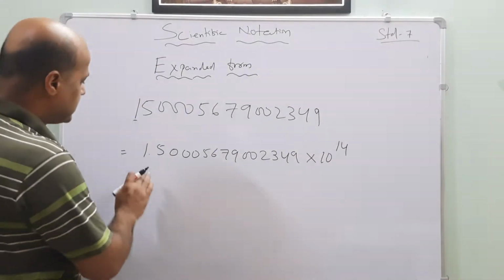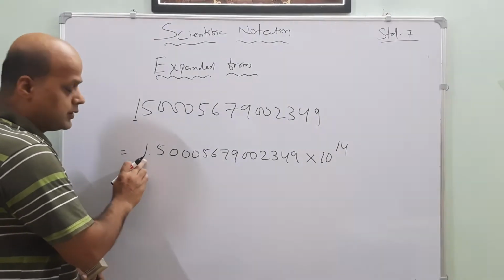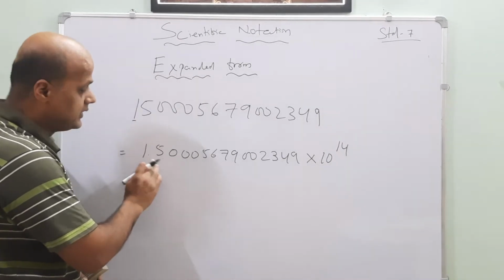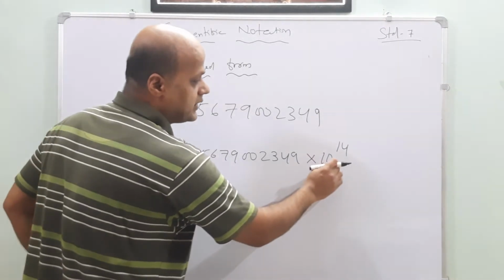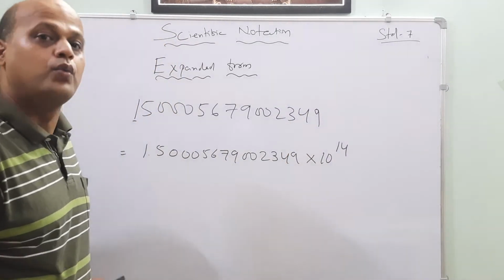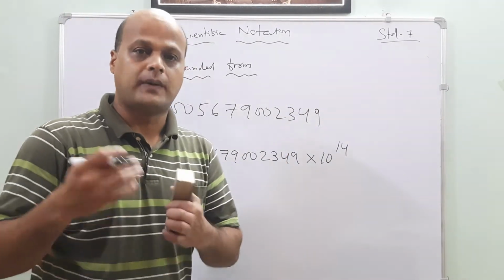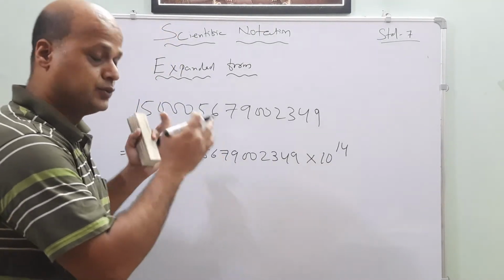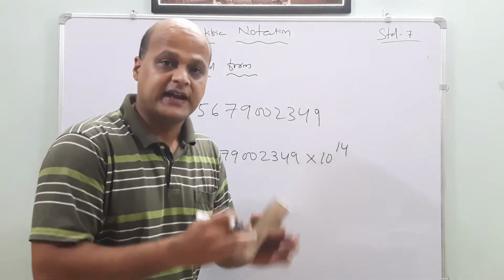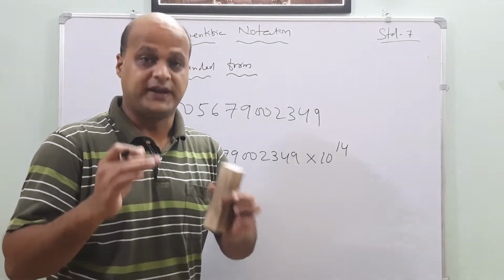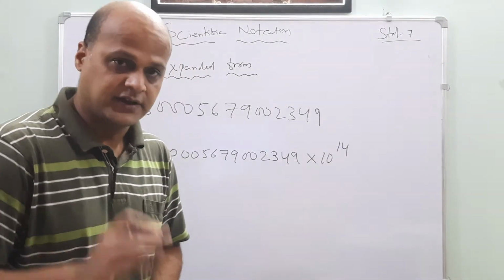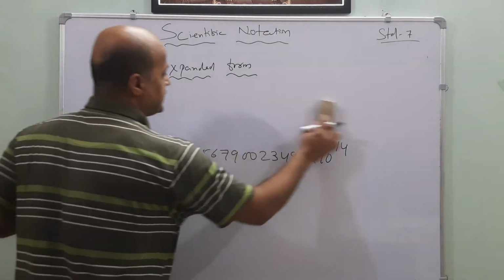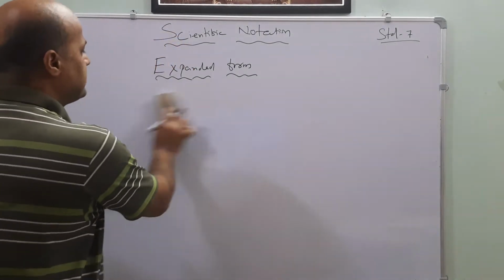The only simple thing is that from the left hand side, fix the first digit, then put the decimal, then count the digits and write 10 to the power of that number. Why 10 to the power of that number? Because we can easily write it if the base is 10. Understood, my dear friends? Okay, let's have another example. Suppose the simplest one.